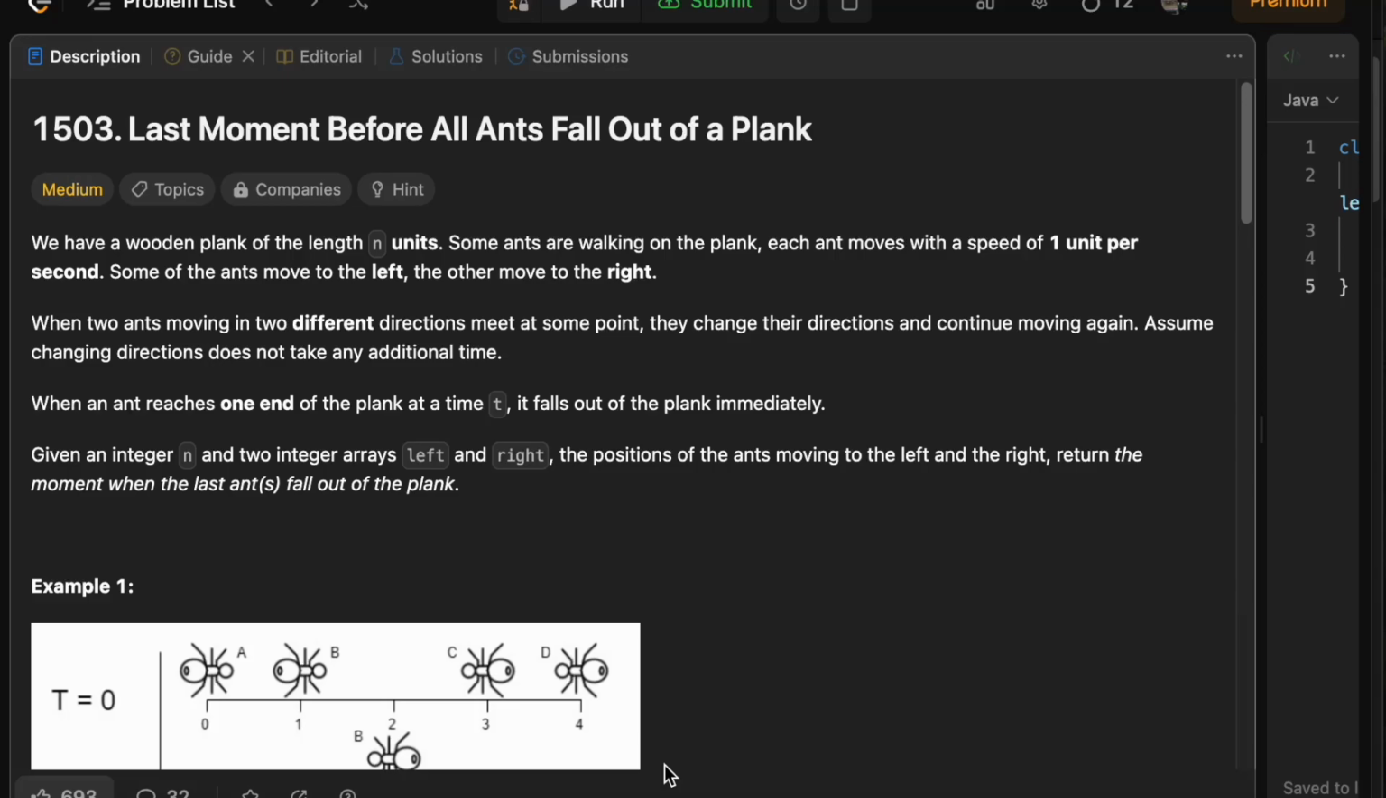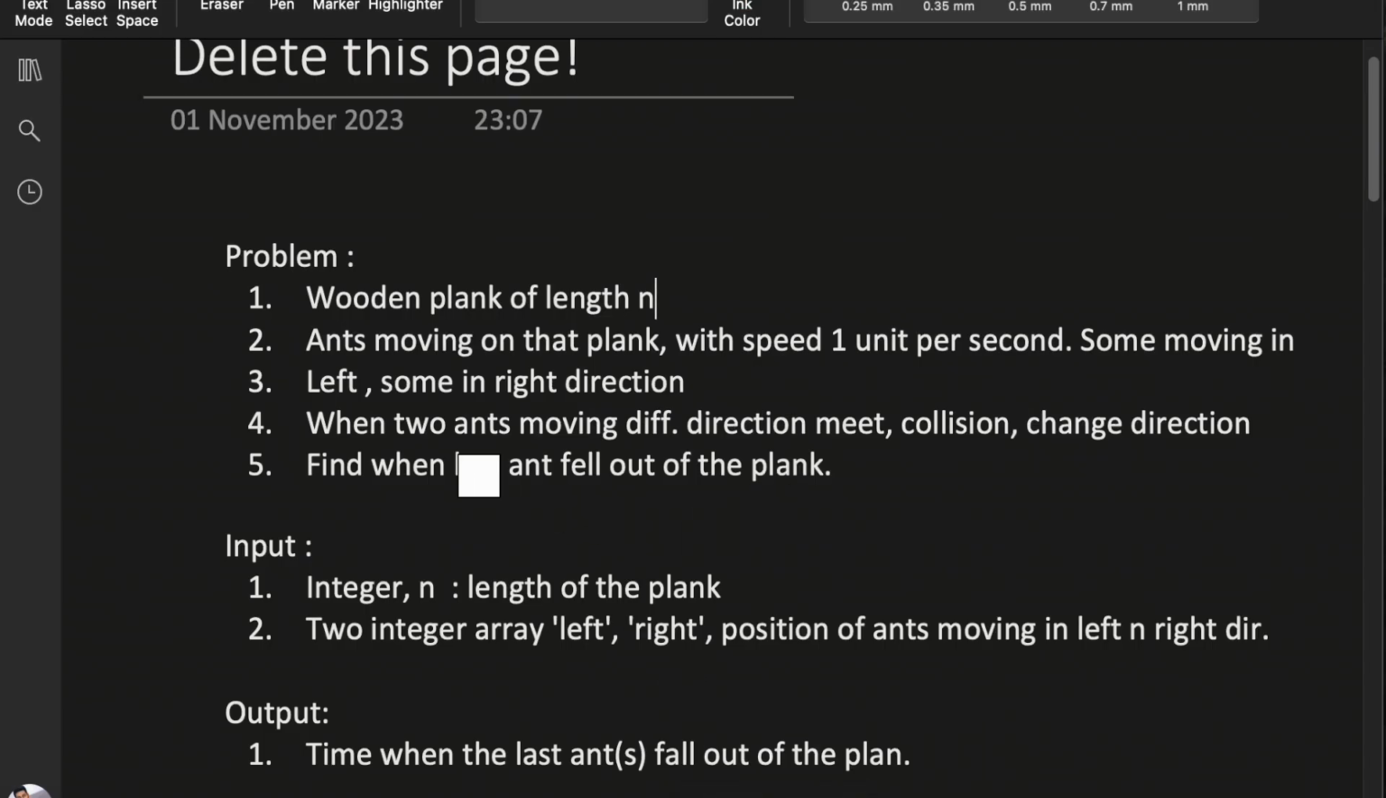Everyone, let's solve today's LeetCode challenge, which is Last Moment Before All Ants Fall Out of a Plank. So let's first try to understand this problem. Here we are given a wooden plank of length n. Let's say if n is equal to 3, our wooden board will look like this, and ants are moving on that plank with the speed of 1 unit per second,